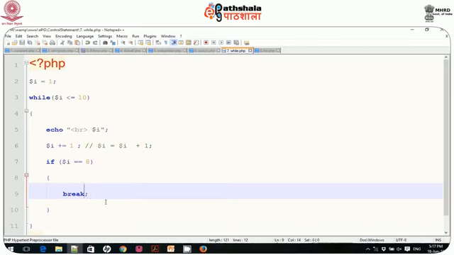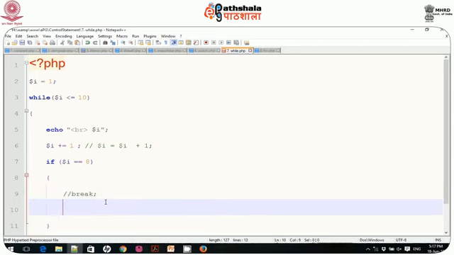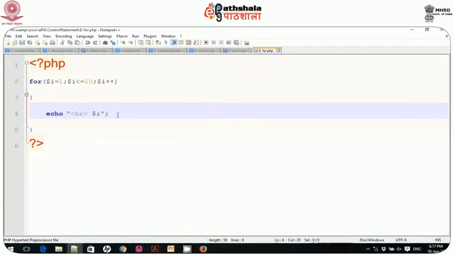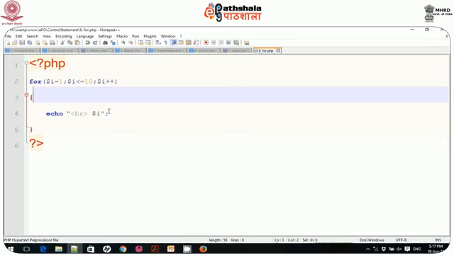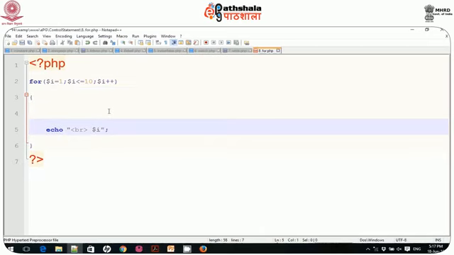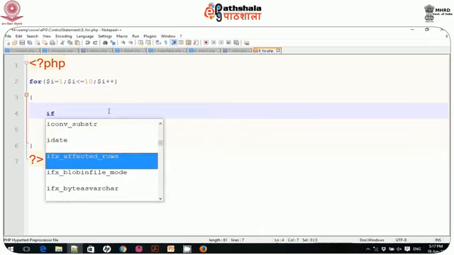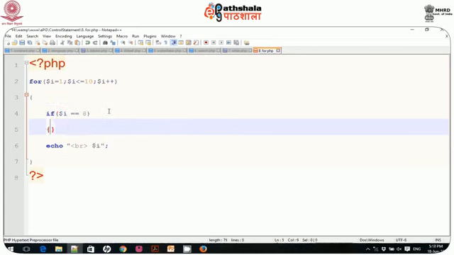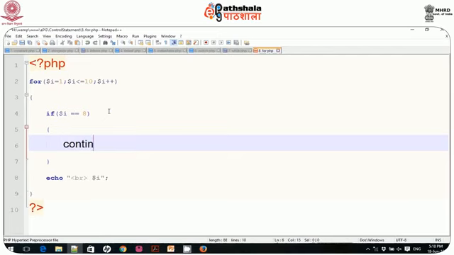Same way there is another statement called continue. If I type not break but continue, let me give an example with the for loop. In for I can also write that, because it will work with all the loops. So I can write if $I is equal to 8, then you would like to continue with this loop, you can write continue.